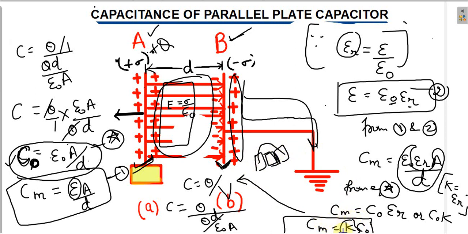Okay, so now one question I can give you to solve. Let us consider we placed a dielectric slab having dielectric constant 6 between the two plates of the capacitor. What will be the capacitance of the capacitor? Simple, the capacitance will increase 6 times. If earlier the capacitance was 2, what will be the new capacitance? Cm is equal to K times C naught. So you can write 6 and 2. So it will be 12. Whatever the dielectric constant of your material, that many times the capacitance of a capacitor will increase.